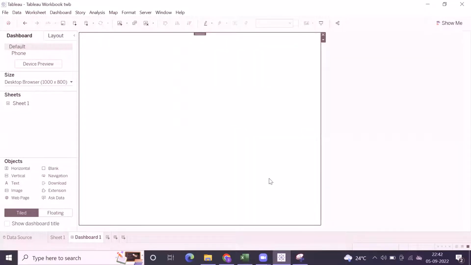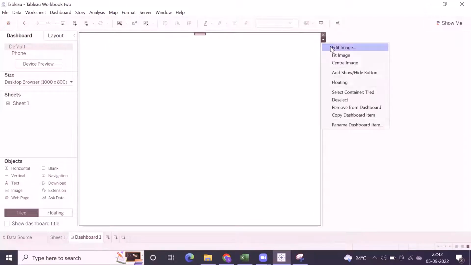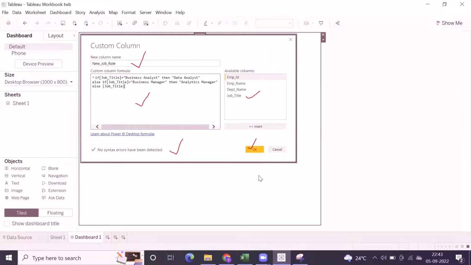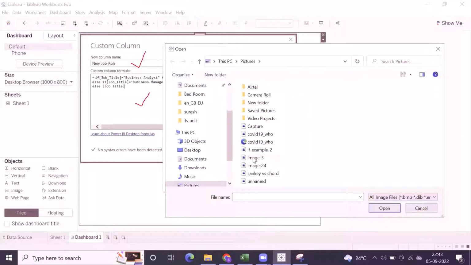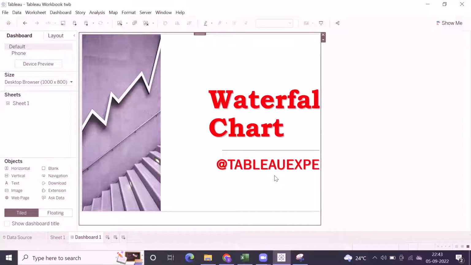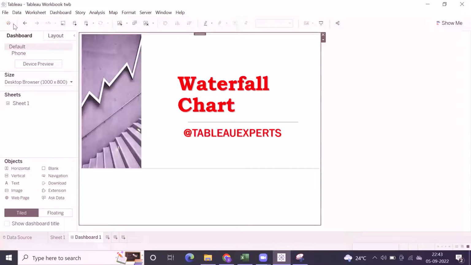Some COVID-19 image, I'm not sure, let's see. It's not open. I'm not sure, capture. Let me edit. Like a waterfall chart, right? You can see the waterfall chart. So for example, this is an image, okay? So when you go back to the image, this is an image, right? When you save this image, let's say,